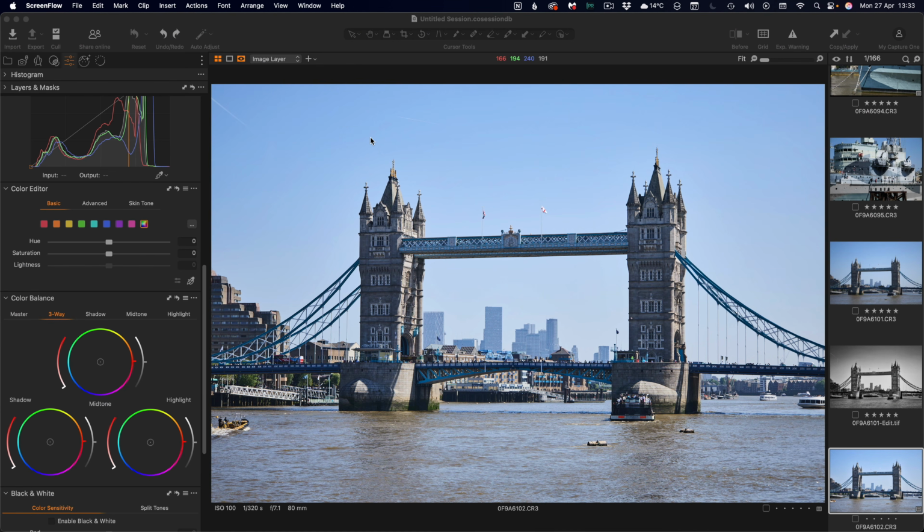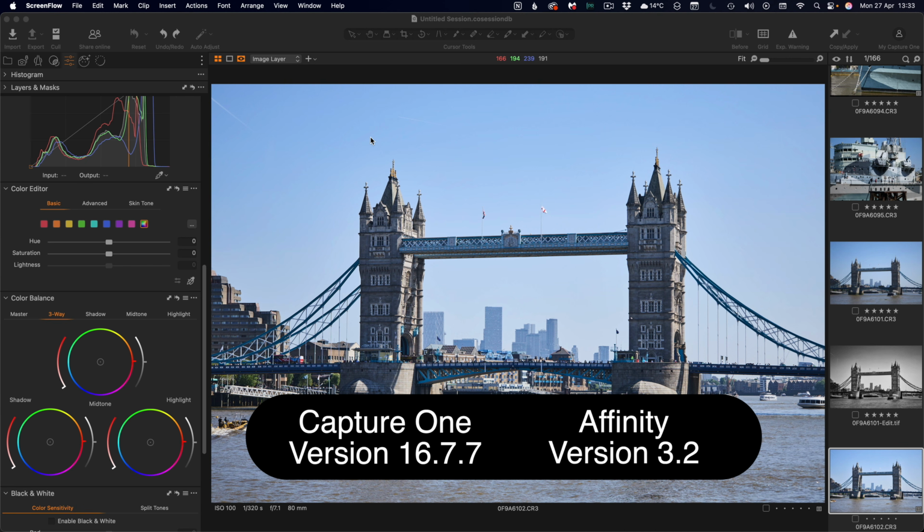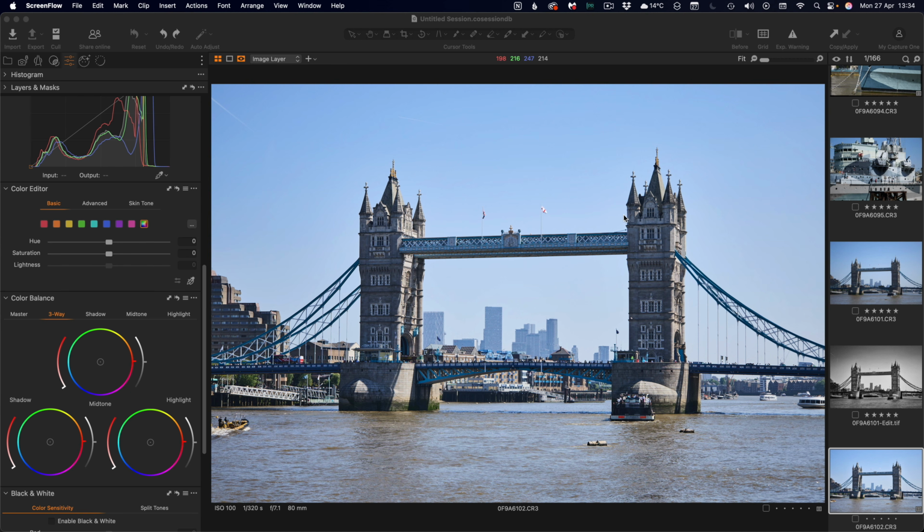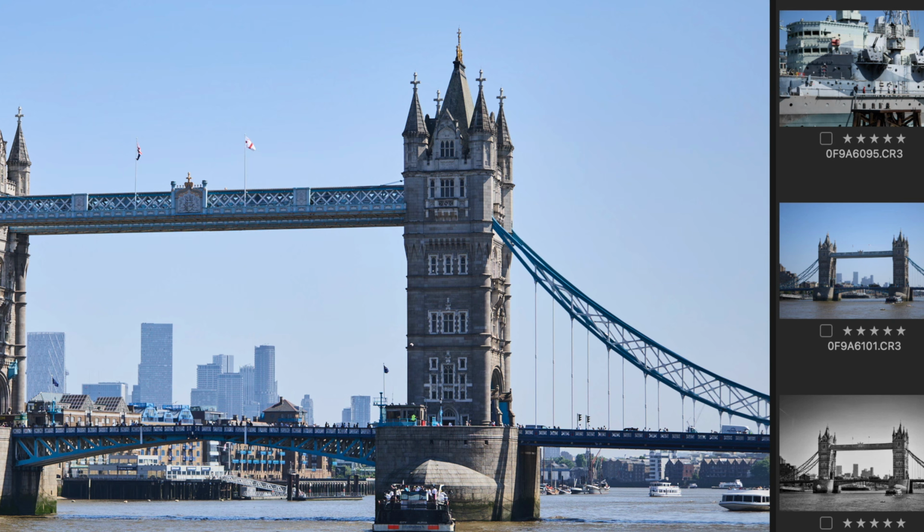However, setting it up is a little tricky if you're not overly familiar with that side of things. So in this video, I'm going to show you how to do that. So let me dive right in. So here I am in Capture One. Now the first thing to do is to make sure you have updated to the latest versions of both Capture One and Affinity. So once you're in here, say I wanted to open this photo in Capture One, I can